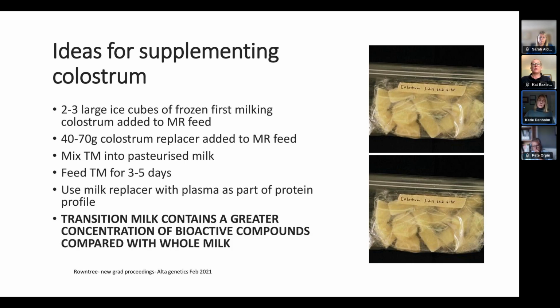And then the thing that we've worked on most recently is using transition milk. So what we did was we tested the transition milk from milkings 2 and 3 from a number of Scottish cows with a Brix refractometer. And any of you that have used that in practice will know that 50 grams per litre equates to around 22% on the Brix. And the transition milk that we collected was measuring around 14% on the Brix, which still means that there's some 30 grams per litre of IgG in that transition milk. And the transition milk is really rich in all sorts of other bioactive compounds like the ones I've described in first milk and colostrum as it transitions to whole milk. So these are just some ideas for supplementing